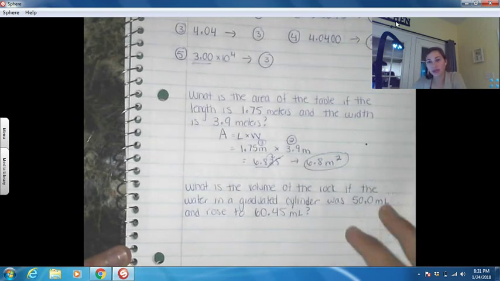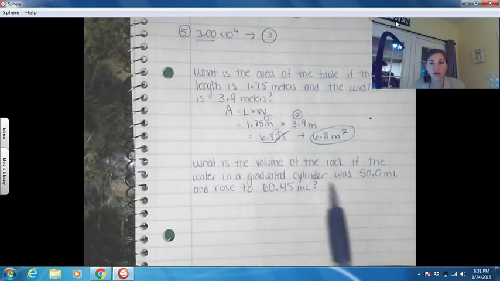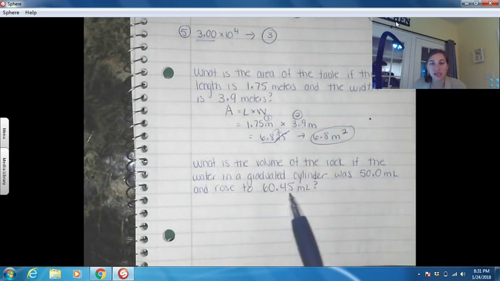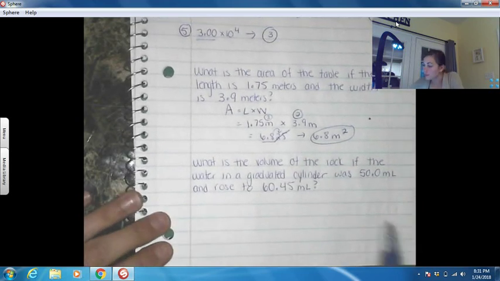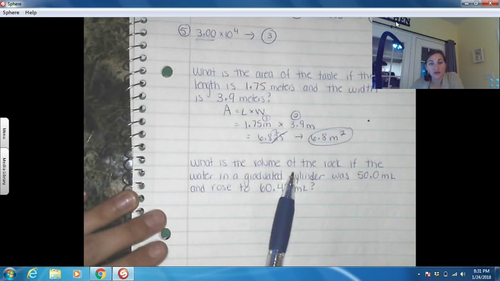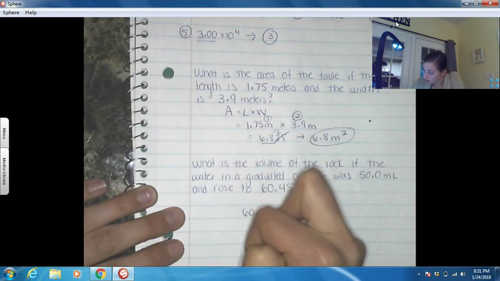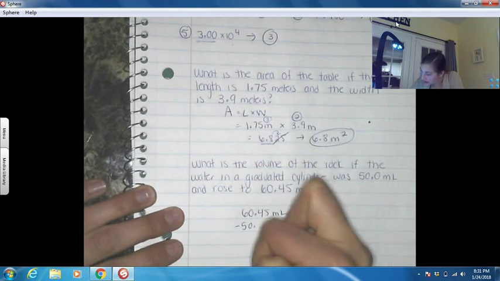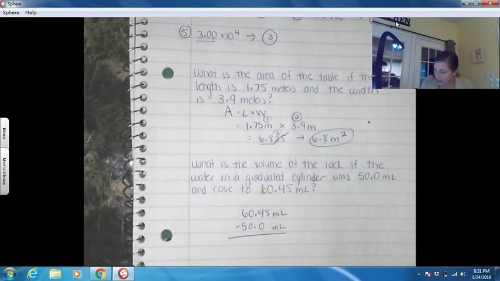The very last problem we have here. What is the volume of a rock if the water in a graduated cylinder was 50.0 milliliters and rose to 60.45 milliliters? So this is called water displacement, and we can figure out the volume of any object based on the difference of volumes. So we're going to have 60.45 milliliters minus 50.0 milliliters. So what you want to do is this subtraction, 60.45 minus 50.0, and that comes out to